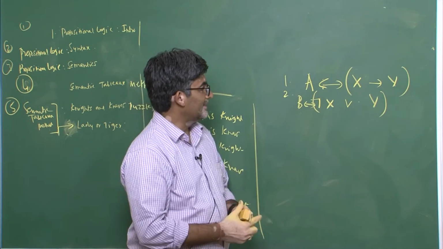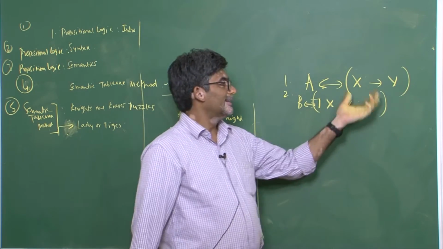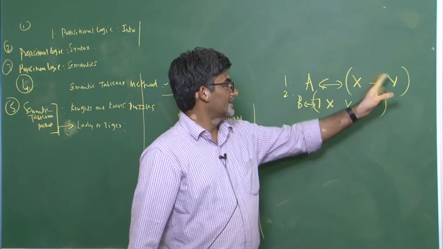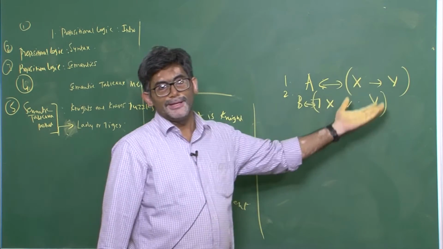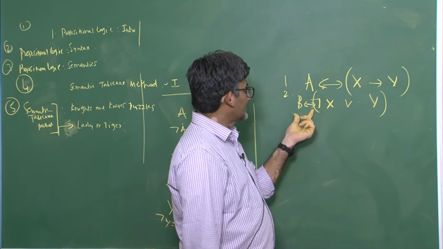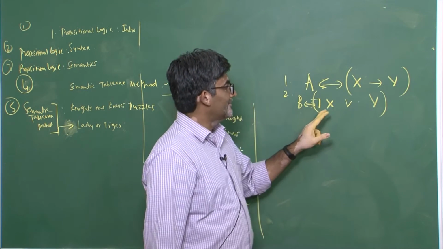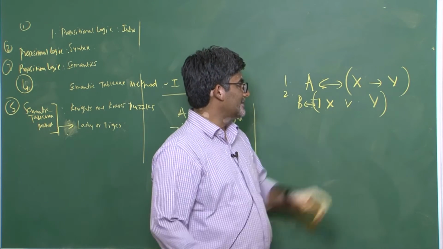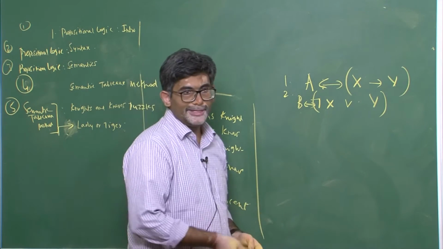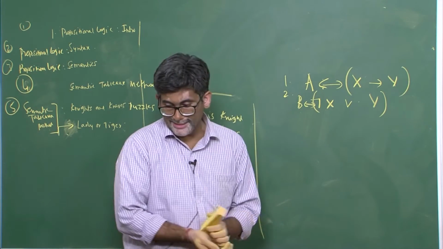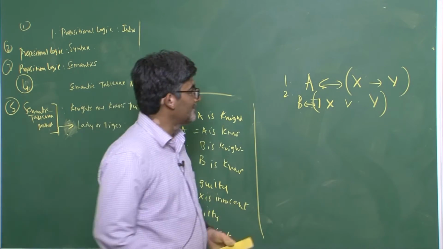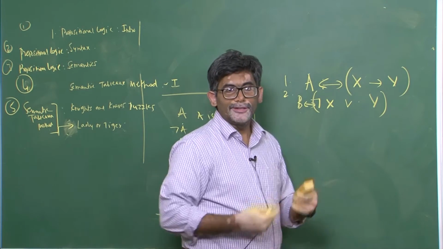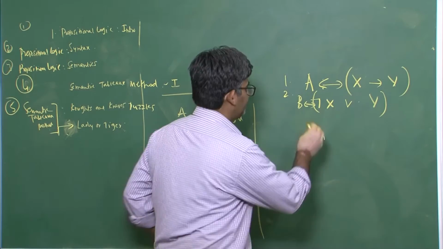Now the first statement, A is telling that if X is guilty, Y is also guilty, can be translated simply as if P then Q. And the second one, B if and only if either X is innocent or Y is guilty, is translated in this sense. So now forget about the problem here. We manage this with the help of the formulas that we have, applying the 3 rules, and we are trying to figure out who is guilty and who is innocent.